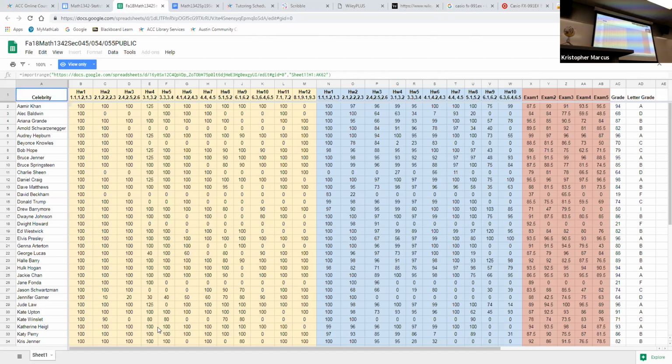The way you want to play this game is very simple. The homework is going to probably get harder as the semester goes on. So what you want to do is something more like Daniel Craig. All of these did a great job. If they get hundreds or A's on all of their homework, then at the very end it makes total sense: I want to study for the final exam.